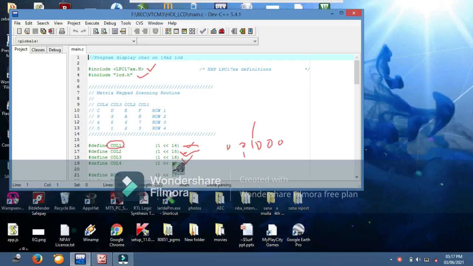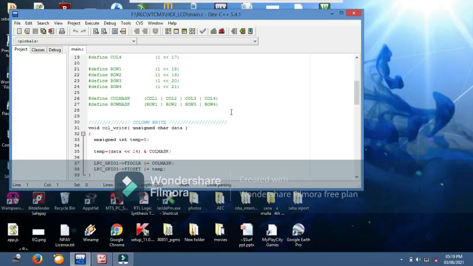What we are doing here is just shifting 1 by 14, 15, 16, 17 times, so the 14th bit becomes 1 here, the 15th becomes 1 here, remaining bits are 0, the 16th bit is 1 for COL3, remaining all zeros. In the same manner we also define the rows here, right.